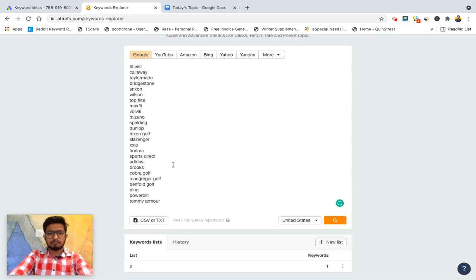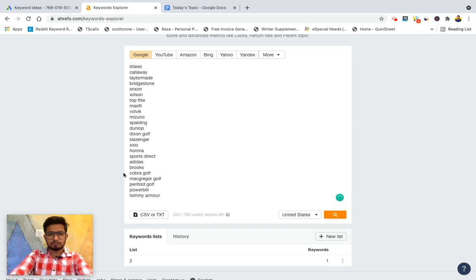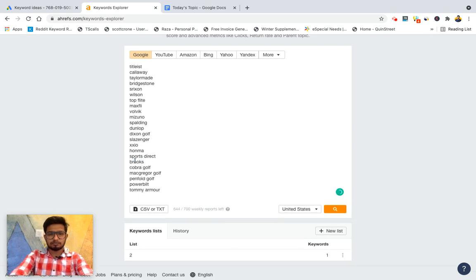In this part, we have to just put the brand names which we don't know about. Like Ping, we can remove. Adidas, we can remove. Top Flite, Dunlop. We don't know about these brands, so we will use these to find more keywords.